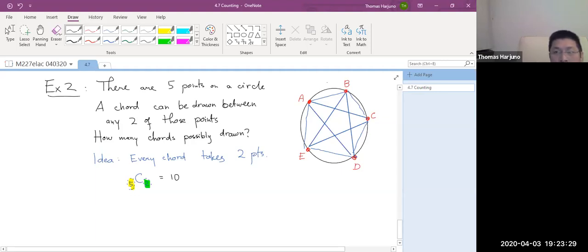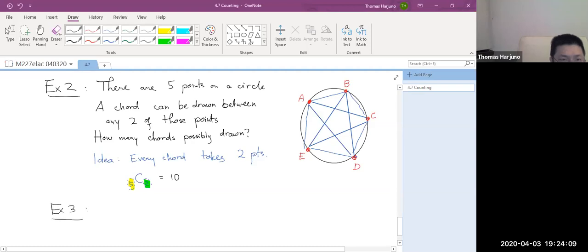Now, you compare this example with example 1. In example 1, I use letters. I have 5 letters. How many sets of 2 letters can I get? Then you say, Thomas, why do we play with letters? It's not really what I do in my life later on. Okay, then how about example 2? And then somebody else may say, oh, Thomas, that's geometry. I'm not doing math for the rest of my life. Okay, fine. Then how about we apply this to some